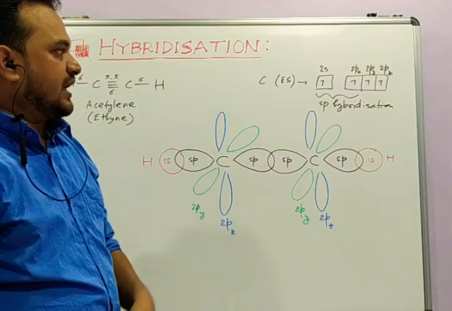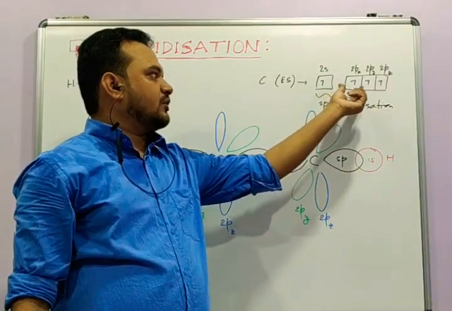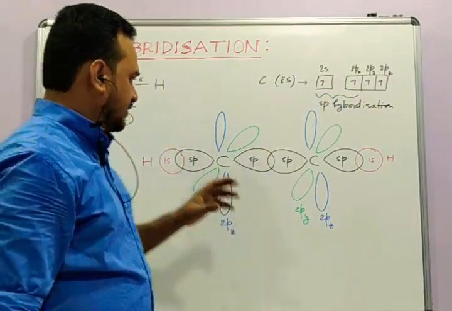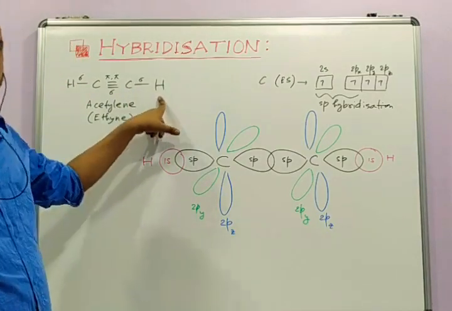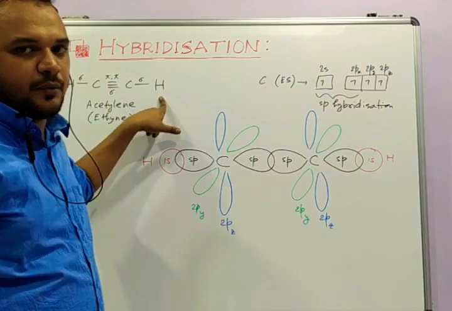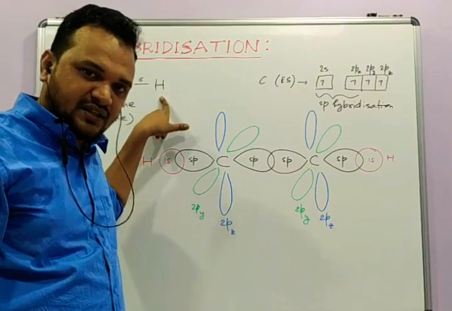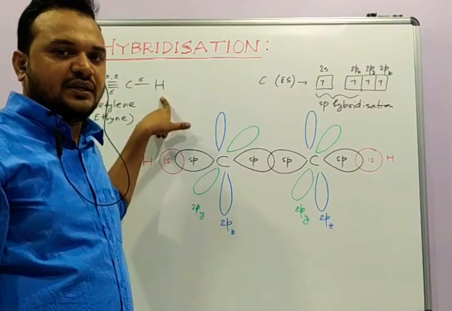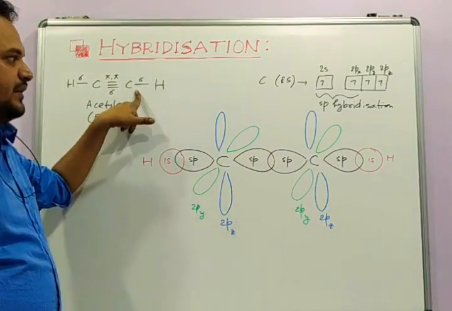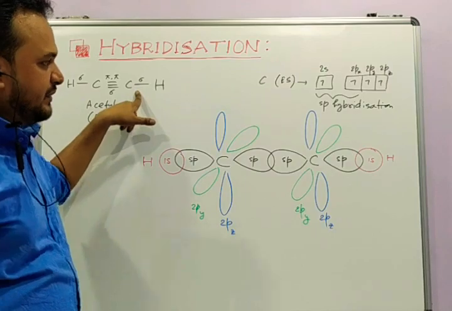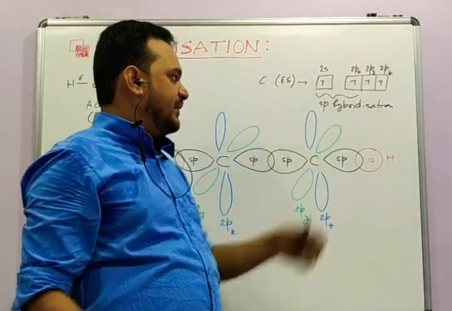And now what is the hybridization? Only one s orbital and one p orbital. Because here again this CH bond in acetylene is different in terms of bond energy and bond length compared to ethylene, and that is again different from methane. So here again we need a different hybridization to explain this experimental finding. So here it is sp hybridization.